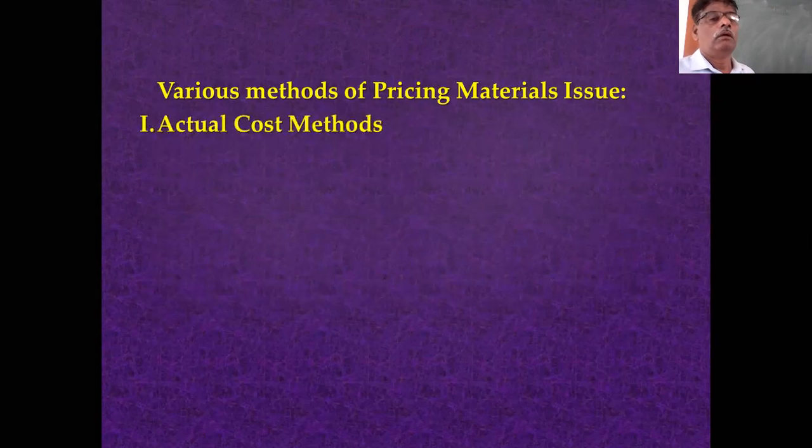The first method of issuing the material to the production department is the actual cost method. At what cost you purchase, at the same